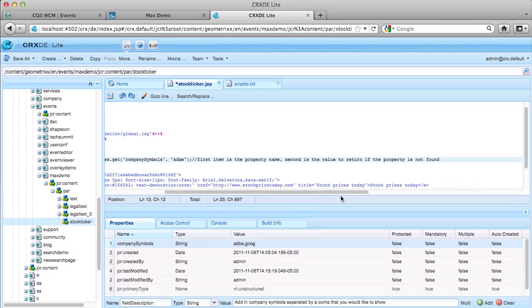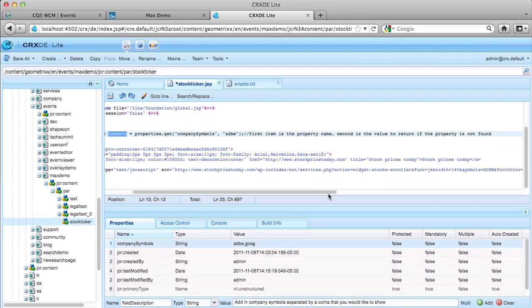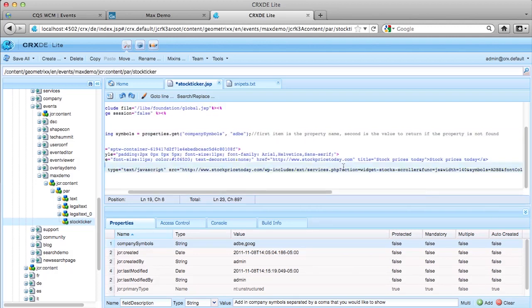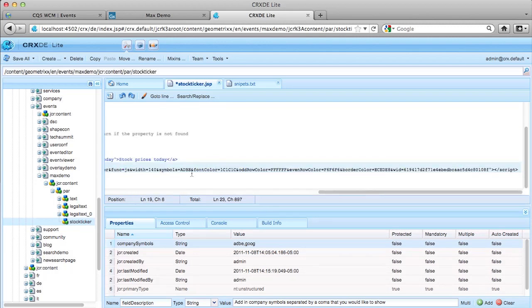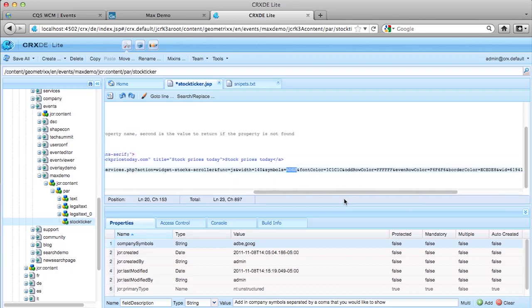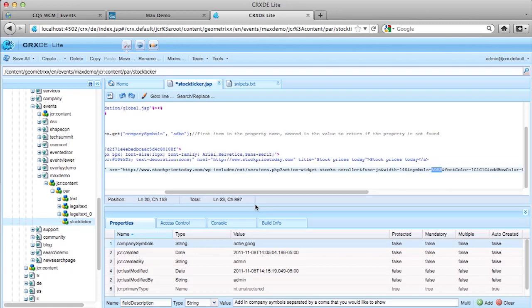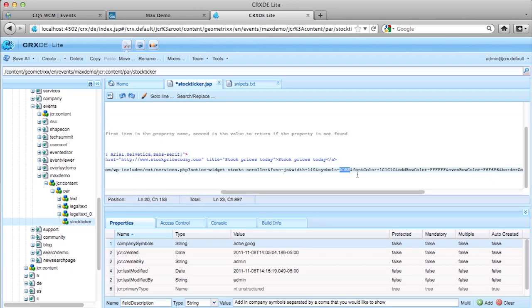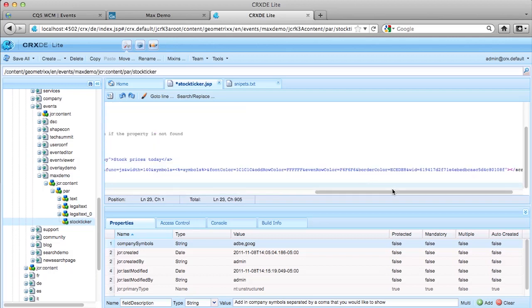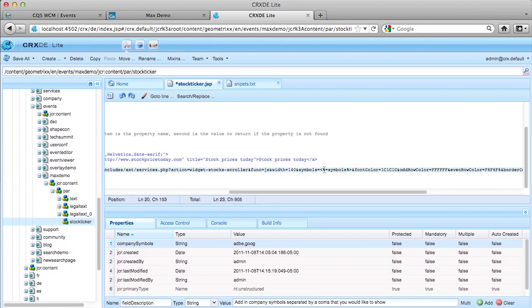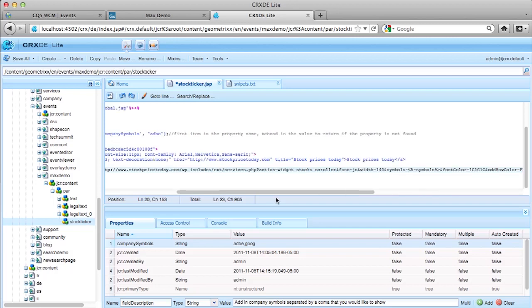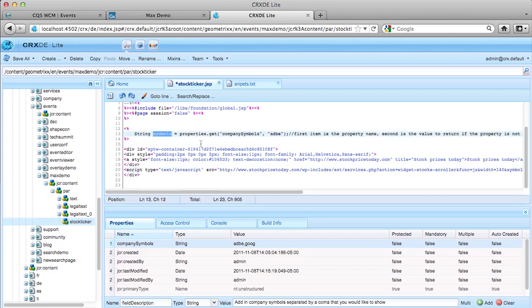variable in JSP here. So what we're going to do is go down to this line where it says symbols. So if you remember, this is the script call to stock price today, and it's passing in the symbol there. So we're going to put in JSP output. Okay, so if you look right here, we have the JSP output. We're going to write out the content of symbols. And symbols is defined right here. We're going to hit save